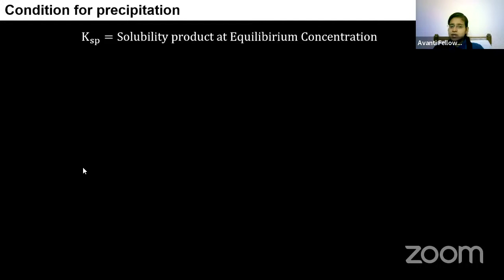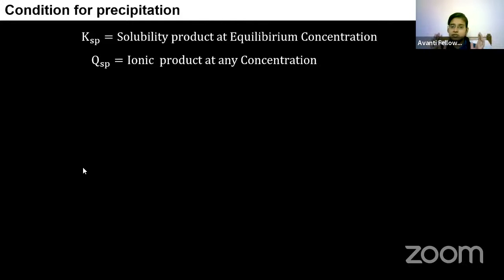We know that Ksp is the solubility product at equilibrium concentration. And I'm going to introduce one more term for you, which is called Qsp. Qsp is called the ionic product at any concentration. Okay, Ksp is the solubility product at only equilibrium concentration. Qsp is the ionic product at any concentration. Now, using these two parameters, we are going to discuss